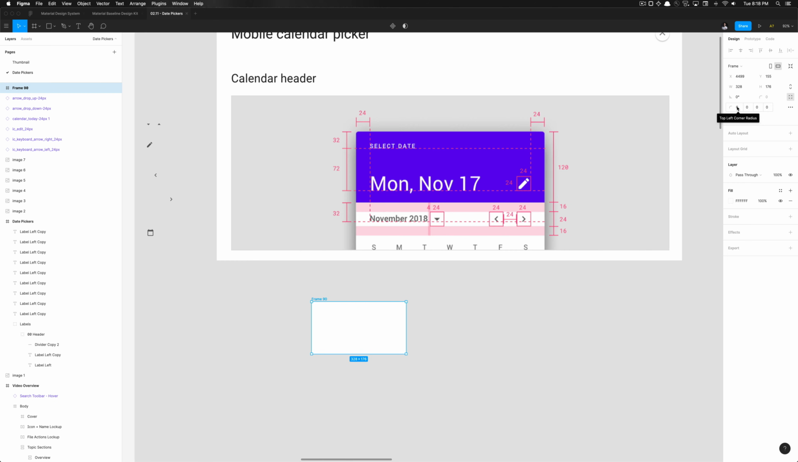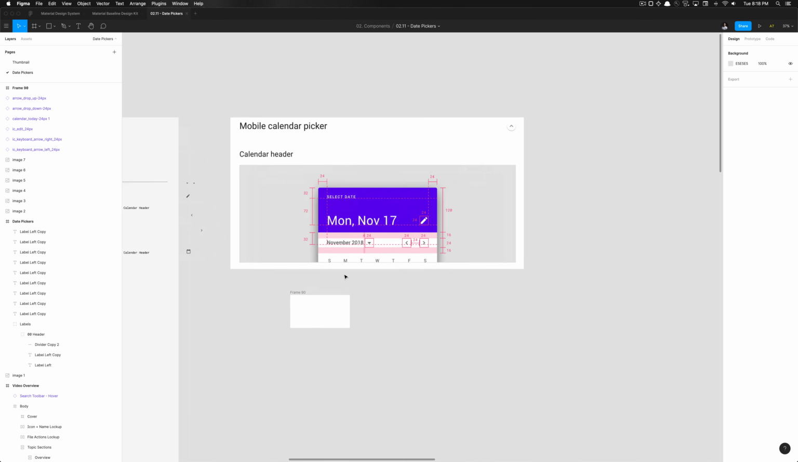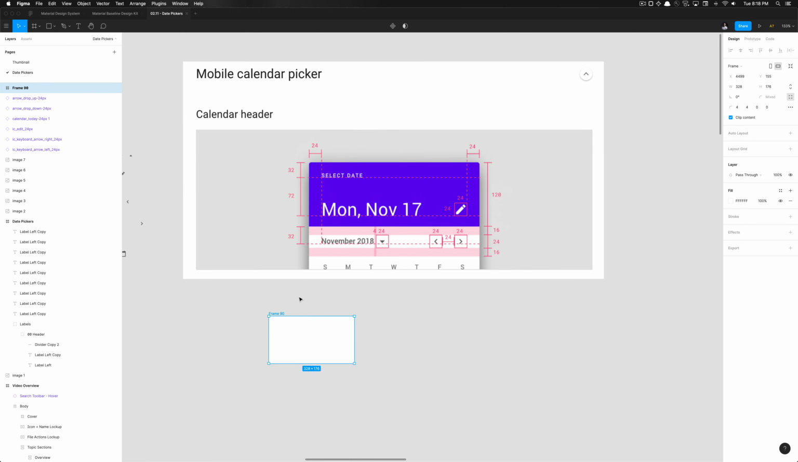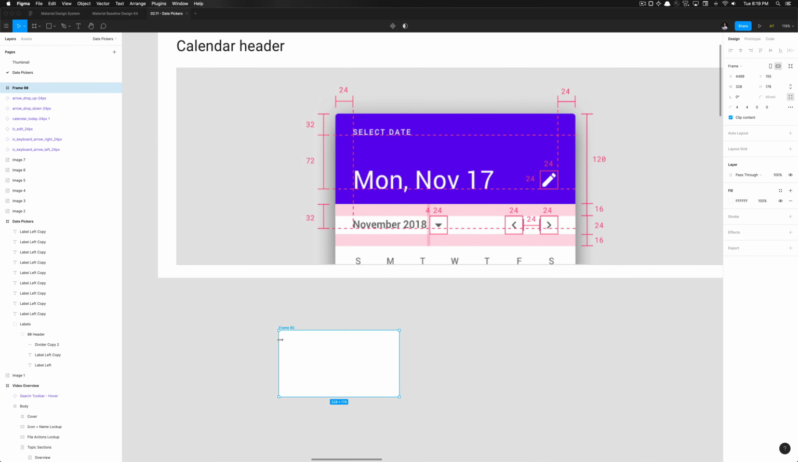So we're going to want to set the top left and top right to 4. Now our corners are rounded on the top. And what we're going to need to do is add an overline text property here. As you can see, the baseline is set to 32 dips. So if we go ahead and